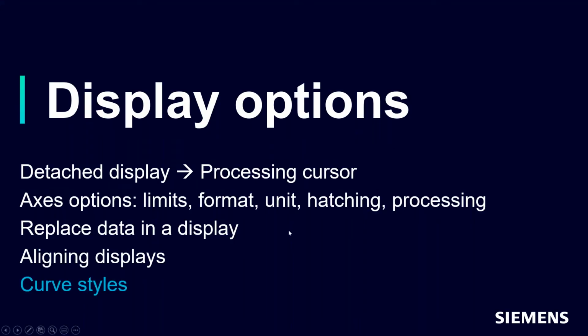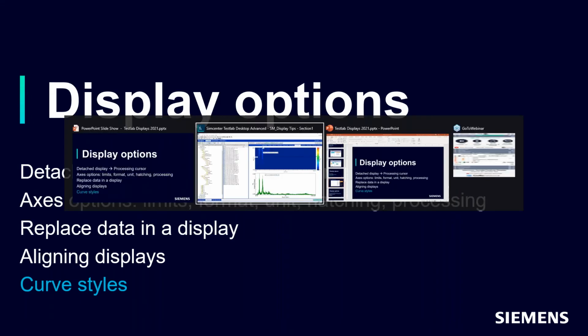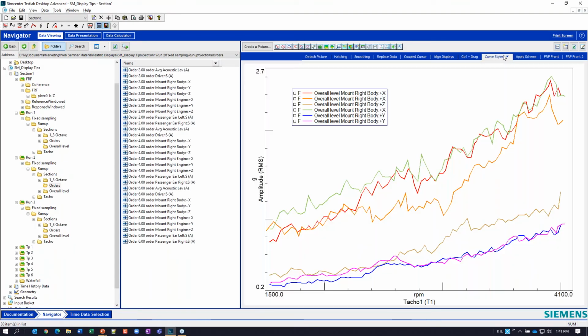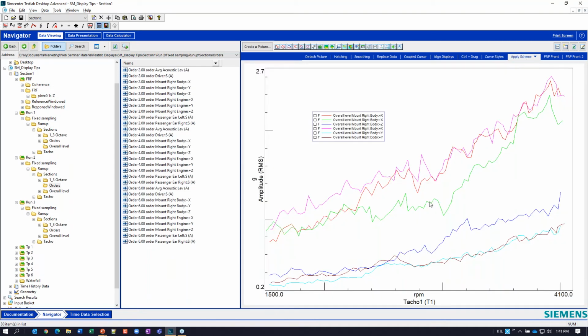And then finally, I'm going to show you how to change some curve styles. I don't remember exactly what revision it was, but 12 or 14 or somewhere in there, we added some nice capability for curve styles. If you are normally dragging and dropping multiple curves into a test lab display, this color properties order will look familiar to you.